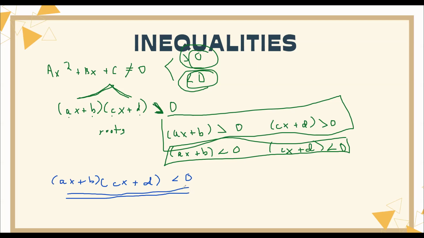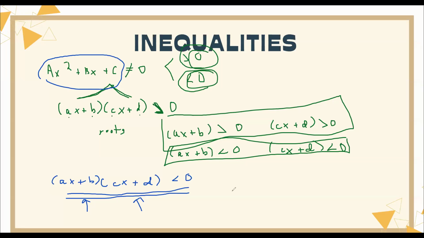So for that to happen, your whole quadratic expression has to be negative, so either one has to be negative, but not necessarily both. Because if both are negative, the whole expression becomes positive. If both are positive, the whole expression becomes positive. But if the whole expression is negative,